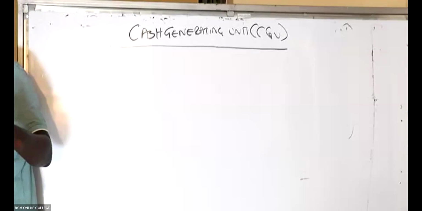Remember, it has to be a group. Don't tell me, Mwalimu, we have a bus. It has to be a group of what here? Assets. A group of assets. For example, I talk of RCM Physical College being a CGU, a cash generating unit. In RCM Physical College, I can see whiteboards, computers, desks, etc. All those assets are required to be put together to generate the cash. Cash generating unit, a group of what here? A group of assets. Where is this gentleman? I love this.